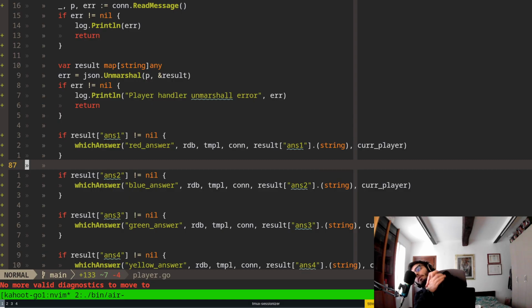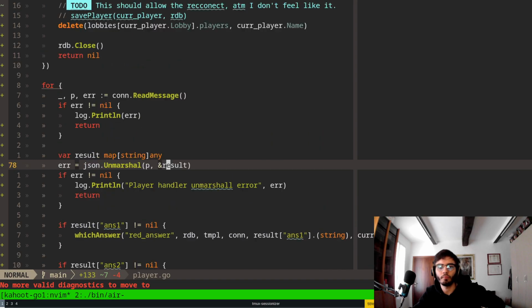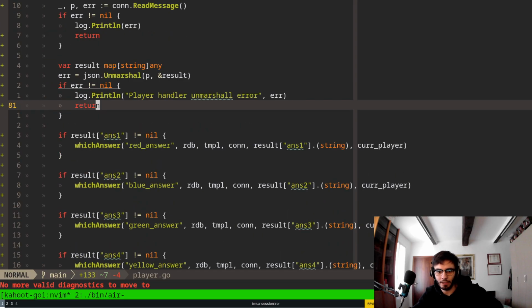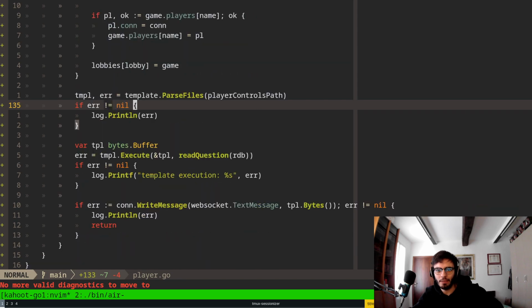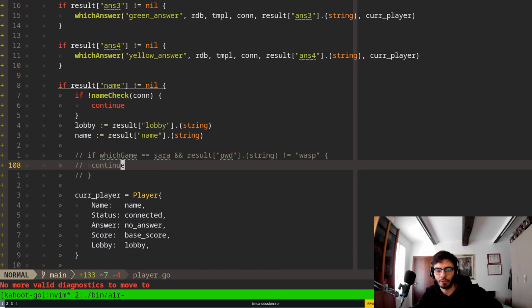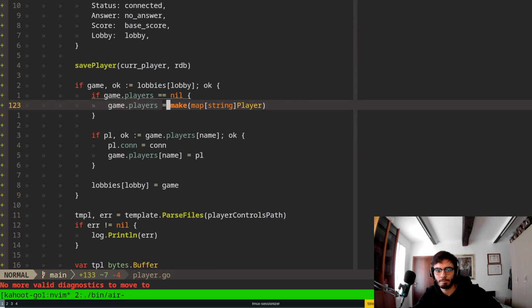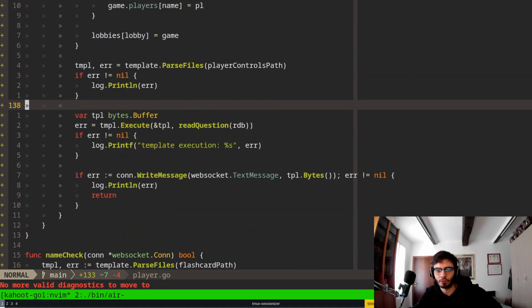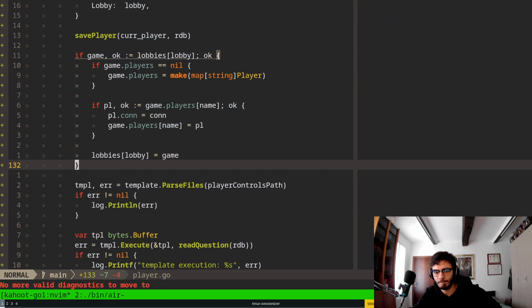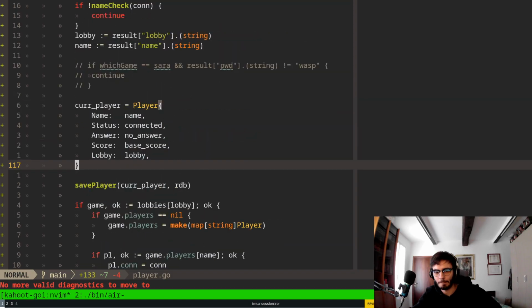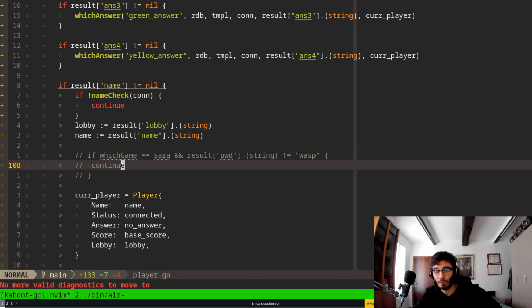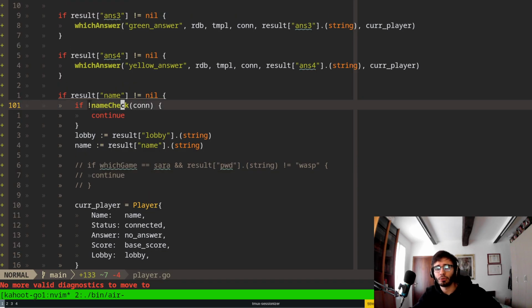No, I can't switch case it. Can pass the result. I want to move some of the stuff. I'm fine with this level of indentation. The name is probably something I can move over here. The name starts to be annoying to look at. So we have a name check already. This function would be called